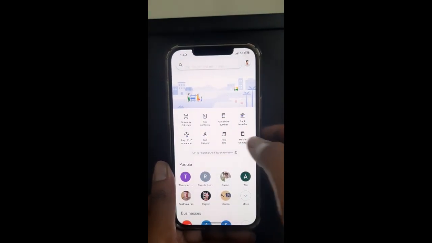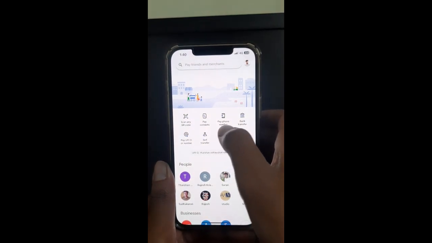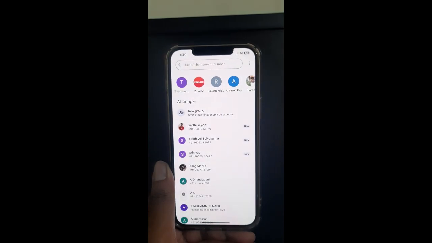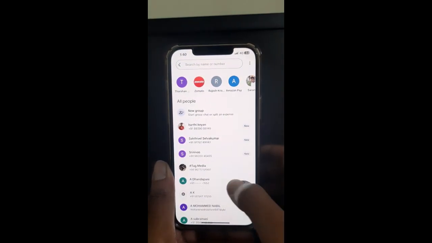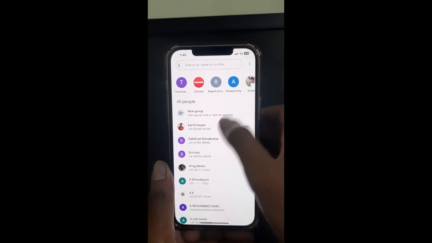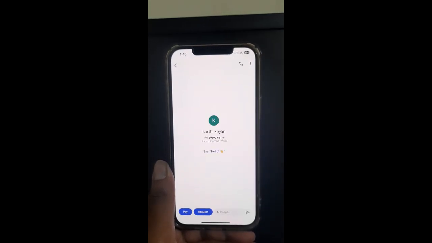So for example, here in this video I'll send the money to someone from my contacts. So I'll choose pay contacts. All right, and then I'm going to choose someone. So for example, if I choose this person here, and I want to send money to this person, I'm going to click